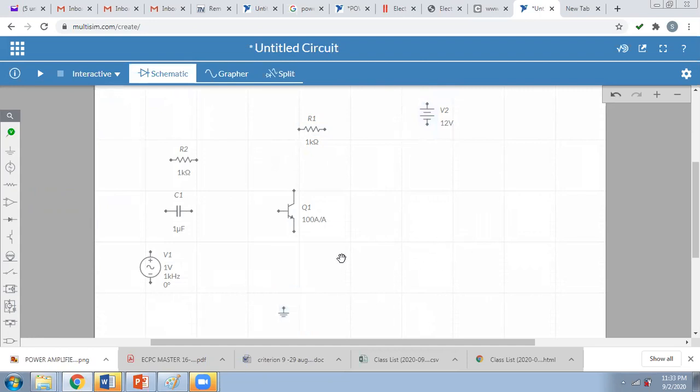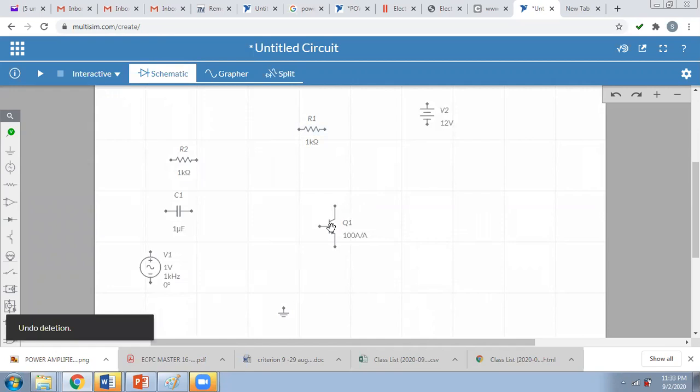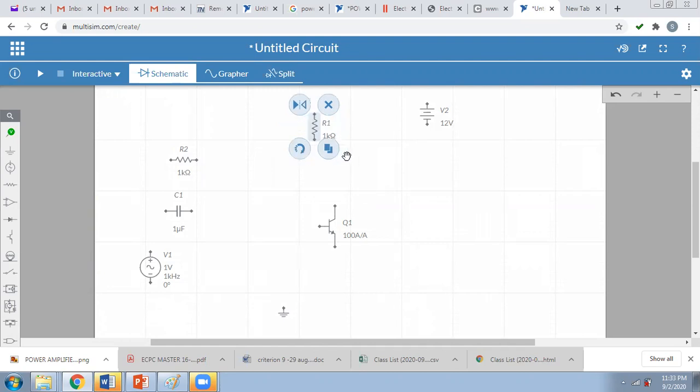Now you can move any component by clicking on it. I want this resistance to be rotated, so just click on this, there is a rotation bar, you can rotate by this. I want this resistance here, you can move it as per your requirement. You can move any components like this.